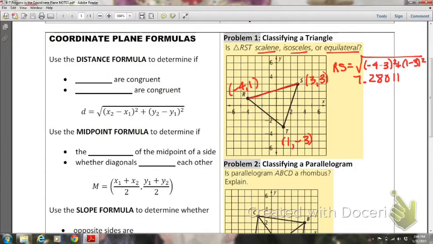Now let's look at side ST, between S and T. It's going to be the square root of the difference between your x values, (3 minus 1) squared, plus the difference between y values. 3 minus a negative 3 is 3 plus 3, squared. Put that into your calculator and you get